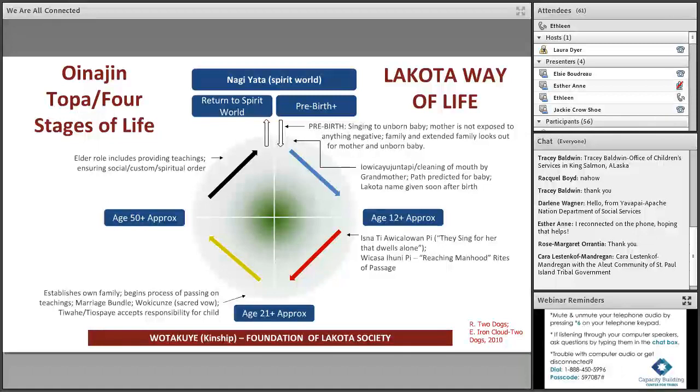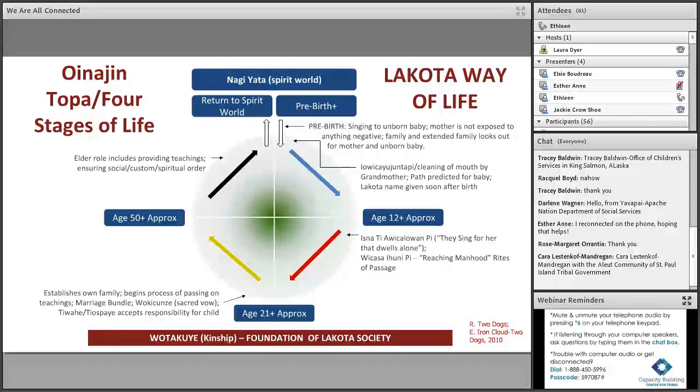We say that they are aware of everything. First we sing to the unborn baby, and the mother is not exposed to anything negative, and the family and extended family look out for mother and unborn baby so that the child is not traumatized inside the womb.